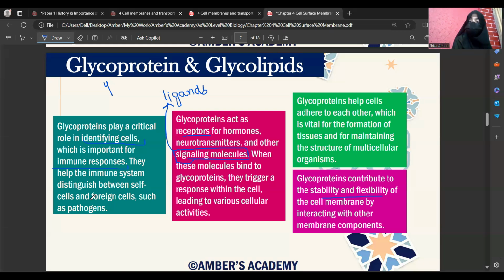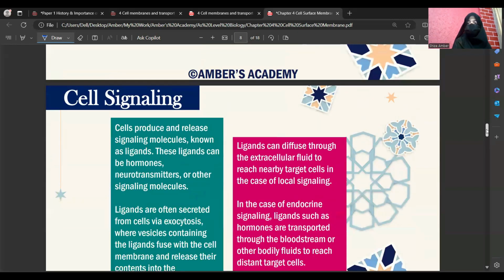4 marks के लिए आए तो write exactly the same things. कुछ miss out नहीं करिएगा, because if you miss out then you'll not get the marks. तो सारी चीजें जिसमें हाईलाइट करिए स्पेशली, they are the important keywords and they should be a part of your scripts. Okay. Now moving towards cell signaling.